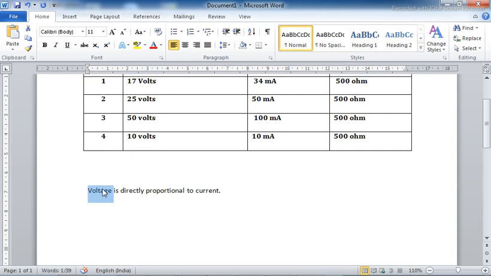Which statement is correct? Current, sorry for the spelling mistake, current is directly proportional to voltage. Remember, voltage is the parent and current is the child. So current is directly proportional to voltage. That we have verified from the above observation table by performing this experiment, and this is nothing but what is called Ohm's law. Okay.